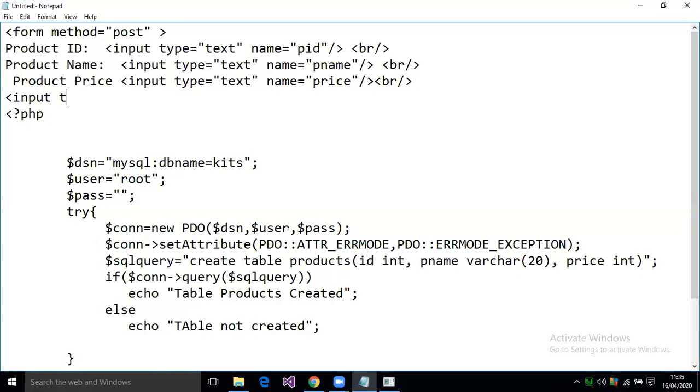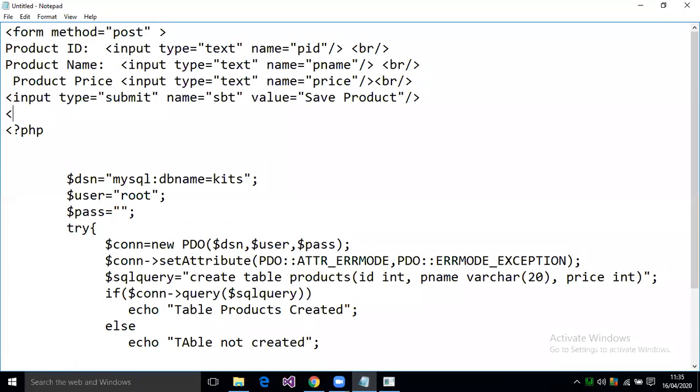Then we need to write an input type equal to submit, which has a name like sbt, meaning a submit button, and the value is save product.